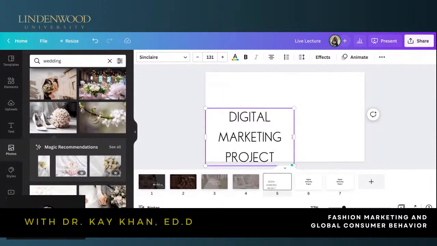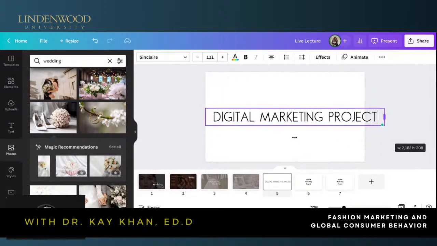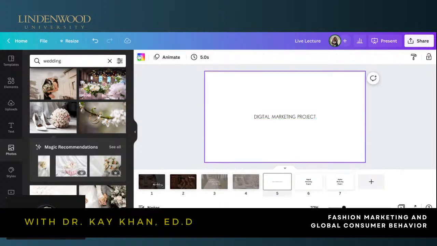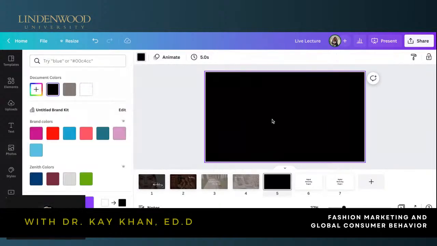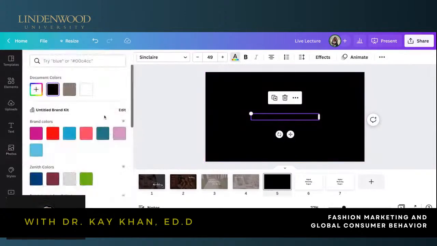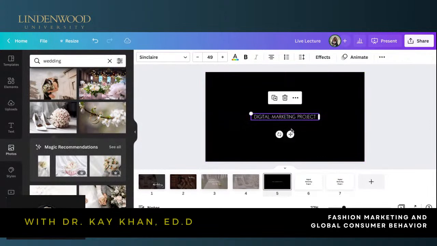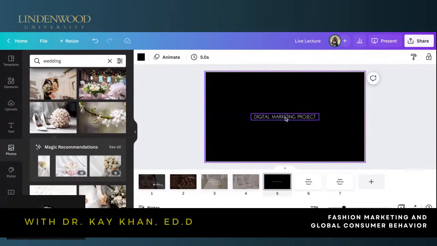Okay. So what I'm going to do is do something different. I'm going to smush this down, and I'm going to put this in the center. And because I like white and black, I don't know why that's my go-to, but it is what it is. I'm doing something clean like this. Okay, I'm liking this. All right.